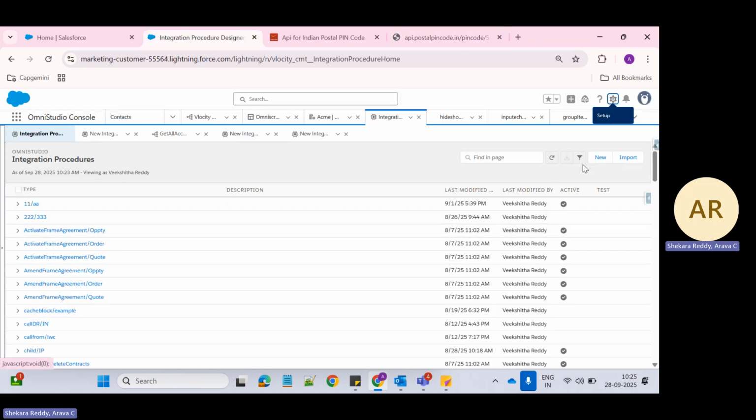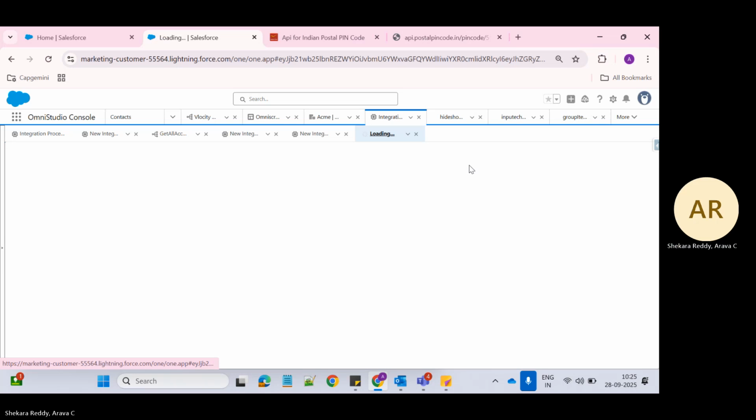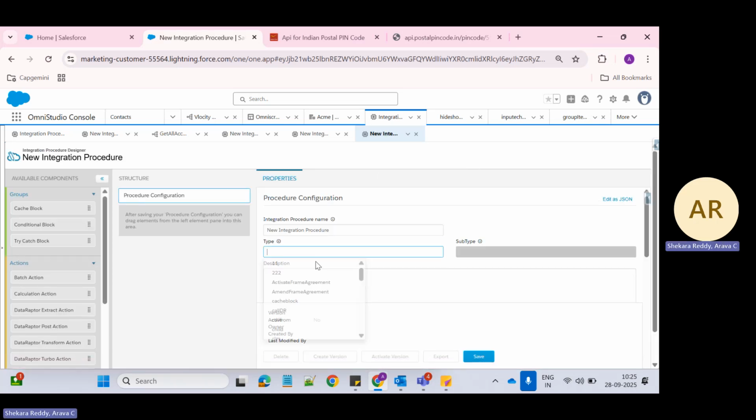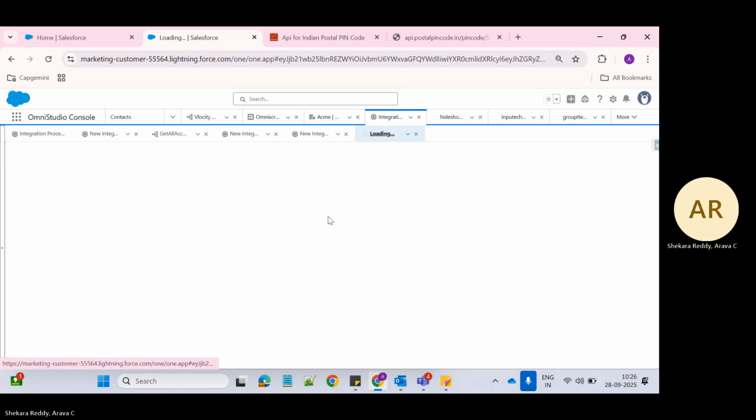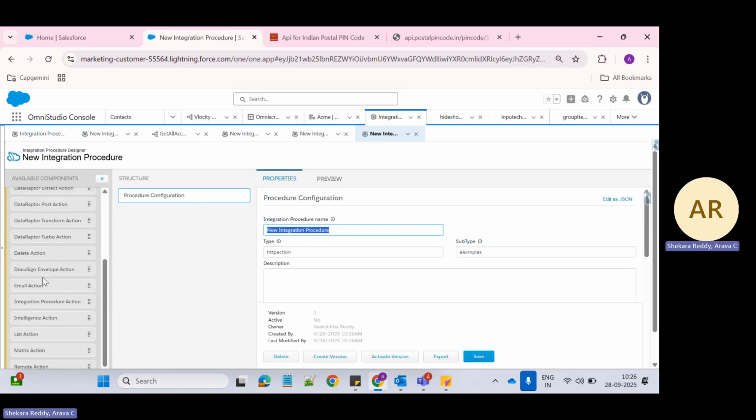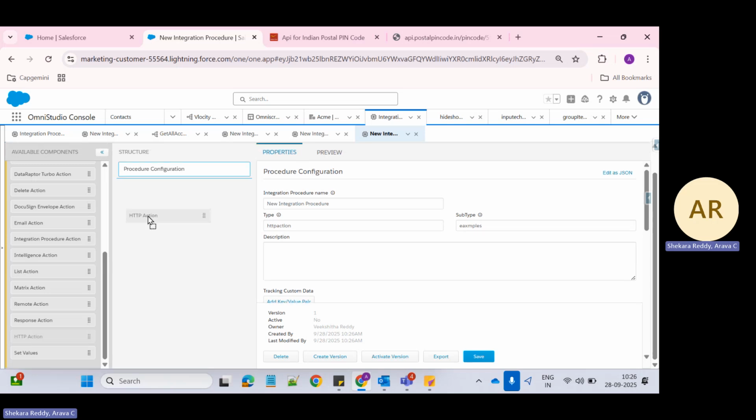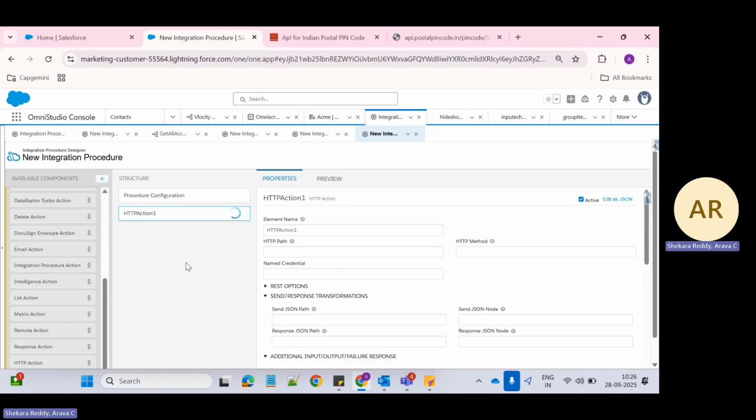So let's create a brand new integration procedure. HTTP action examples. Save. Yeah. So I will drag the HTTP action here into the structure panel. So if you see the configuration for this HTTP action,